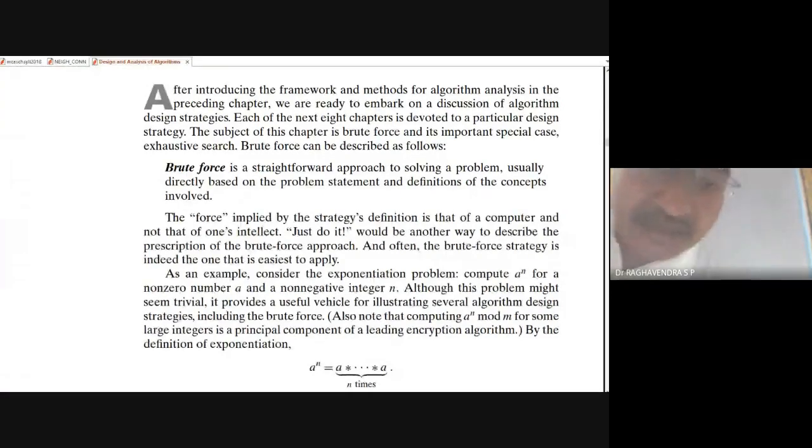A better example: take the polynomial, which can be represented as a1, then a2, then a3, and so on, which you can represent as ai. This is another representation of a straightforward approach. Once again, I am going to write out the whole series. This is also another example of brute force.